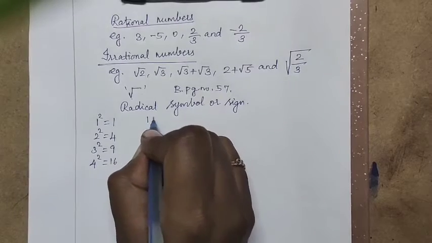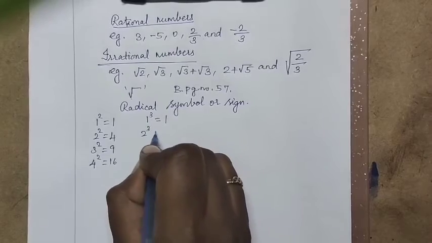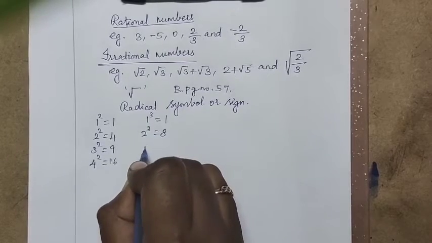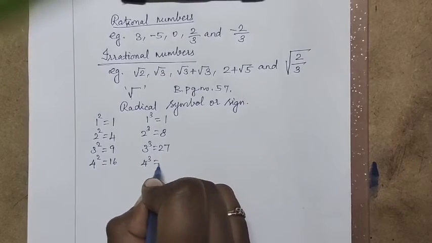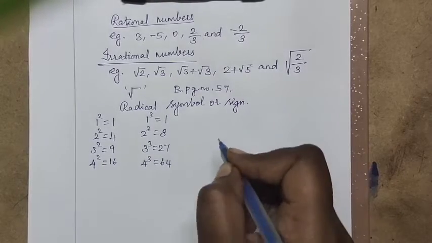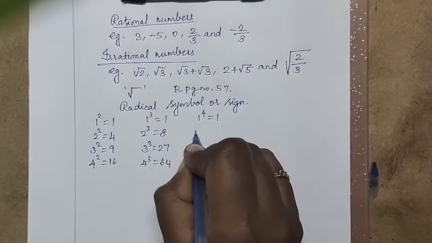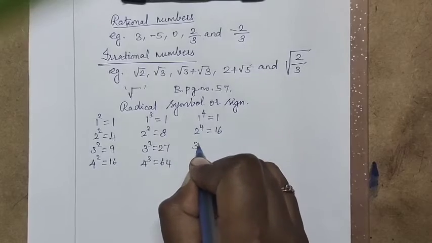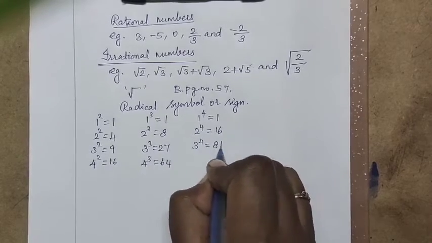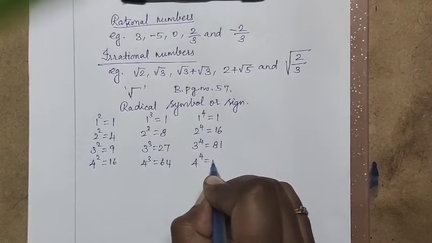Like that, 1 cube is also 1, 2 cube is equal to 8, 3 cube is equal to 27, 4 cube is equal to 64. 1 power 4 is equal to 1, 2 to the power 4 is equal to 16, 3 to the power 4 is equal to 81, 4 to the power 4 is equal to